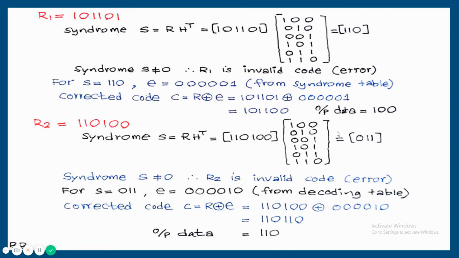Similarly, for the next example, the syndrome is 011. And you can verify here where is 011. 011 is the fifth row. So if 011 is the fifth row, just invert the fifth bit here. First, second, third, fourth, fifth. Fifth bit is 0. Invert that one. So it will become 1. You can see that will be the final answer. 110110. So that will be the corrected code, and the data bits finally 110. So without using the decoding table, we are able to do error detection and correction.